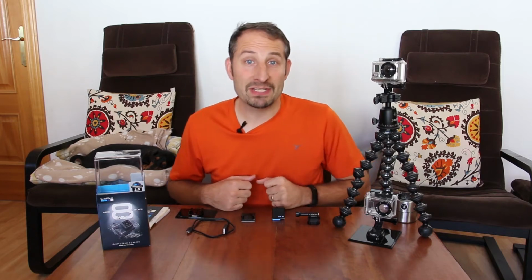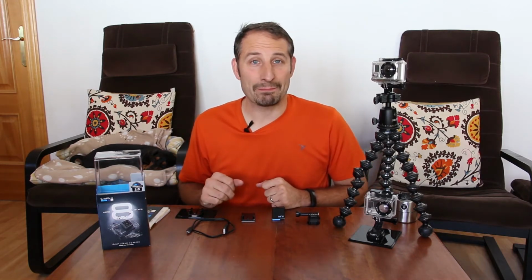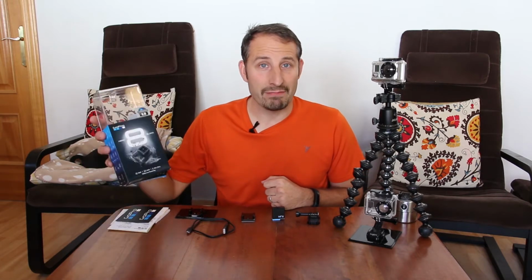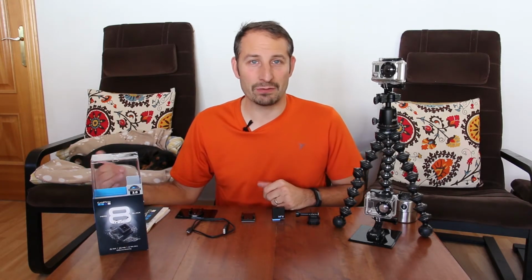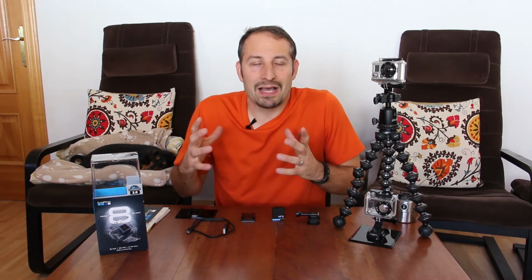Hi, today we're going to be talking about the GoPro Hero 8 Black. I just received mine in the mail yesterday. Very excited about this little camera, eager to test it out and get some shots. I love that it's compact, it's versatile, they've made a lot of improvements for low light, the stabilization is incredible,